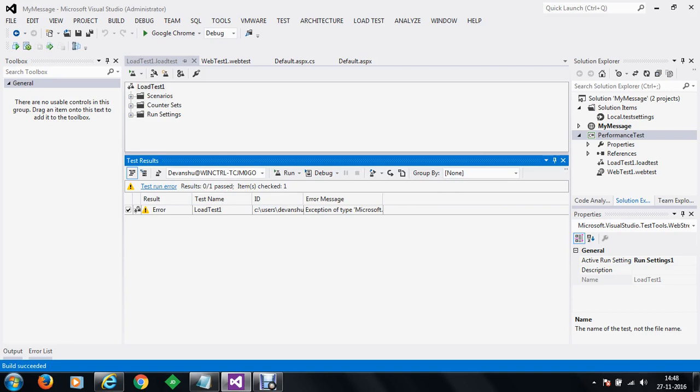So for the successful load test to be performed, we need to have Microsoft SQL Server. So we'll make you understand how Microsoft SQL Server can be installed on Visual Studio, and then you can proceed with testing of the application. So this is how we add the test to our project, and in the next case we are going to install a Microsoft SQL Server, and then we are going to perform the load test.